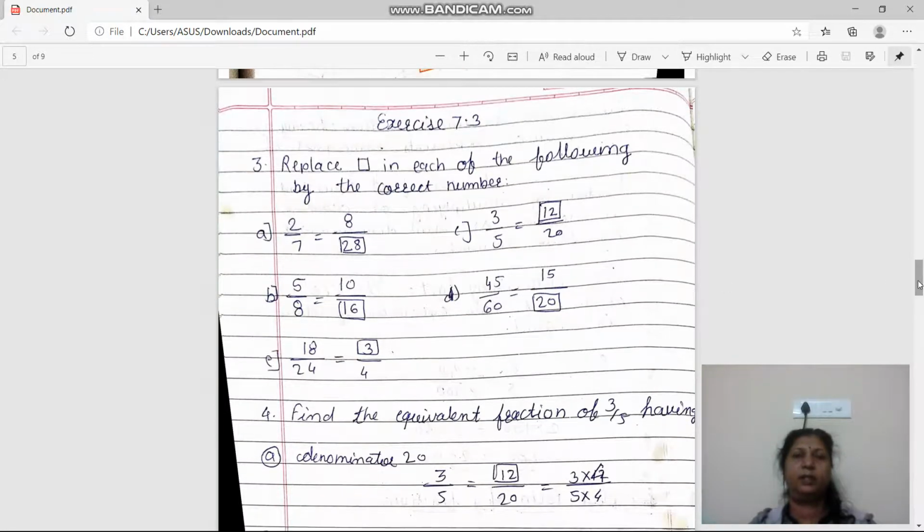Okay, in exercise 7.3 the third question we have started. Fine. We will complete the fourth one and then see the first two examples, which are in the book. First of all, we complete our fourth question. Then we see the first and second examples in the book.